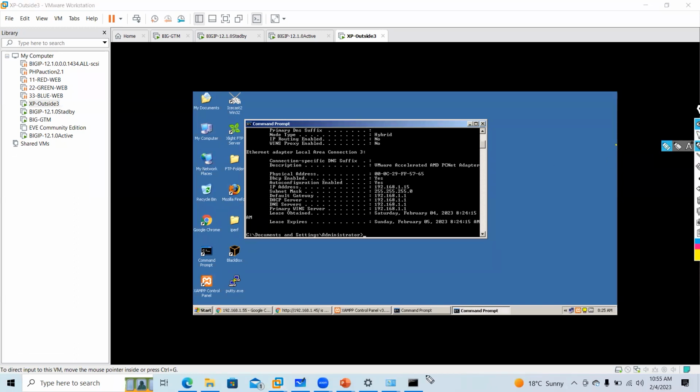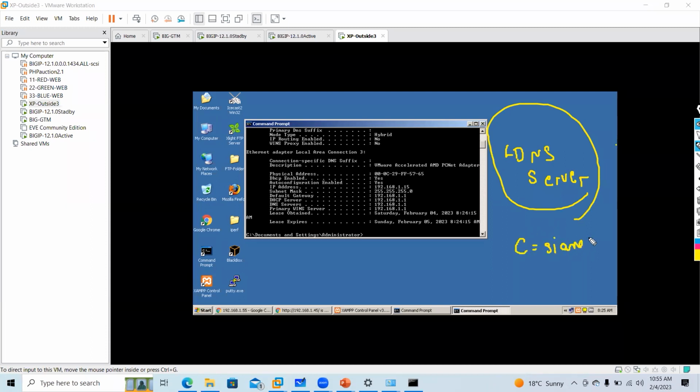Can anyone tell me what is my LDNS server here? You must have understood what is a local domain name server. Can anyone tell me, when your client sends a request to get an IP for Sianets.com, where will it go first? Quickly, guys. Let me check the chat.